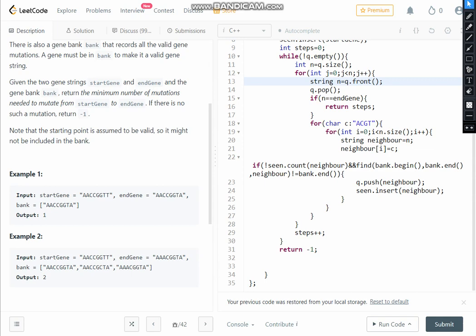will again start the for loop, and then we will go like this only. We will go for a, c, g, t, and we will change each character to a and check whether that character is in the bank. By this find, we will check whether that character is in the bank or not, and if it is not in the bank and we have not seen it, then only we will push it into our queue. Okay, and we will also insert it into our seen set,